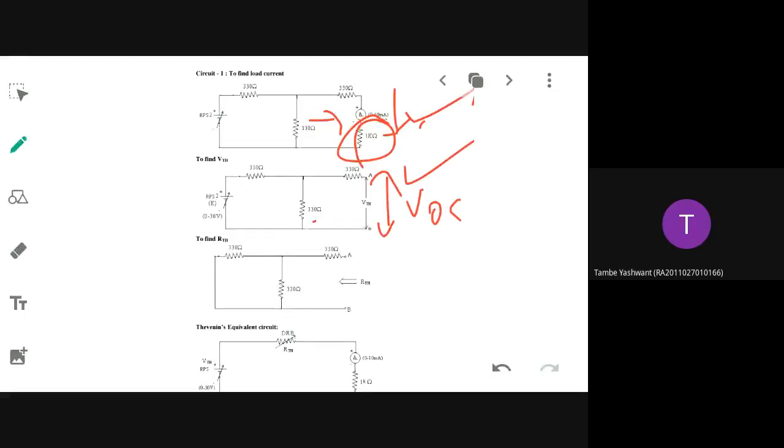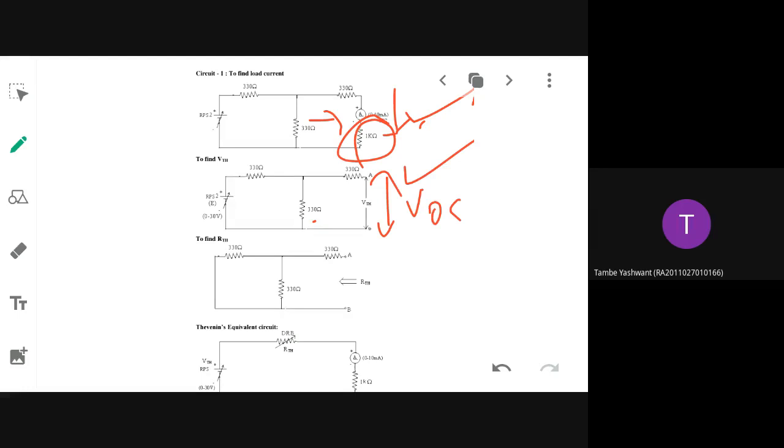Ma'am, we have to build the circuit of Thevenin's theorem, na? Yes, Thevenin's, Norton's, and maximum power transfer you will be verifying in this class. So we'll build the circuit mentioned as circuit 1 to find load current. Yes, the current through 1K you will be finding. In the second circuit, you have to find the voltage across the open circuit terminals. You can assemble all three in the same circuit model also, I think.